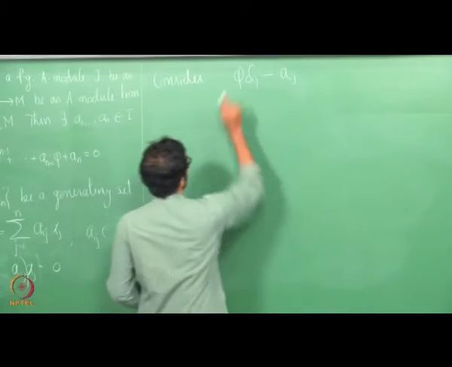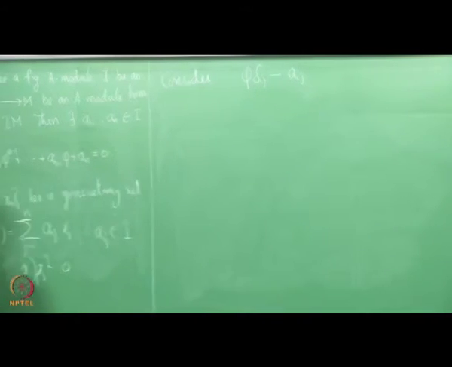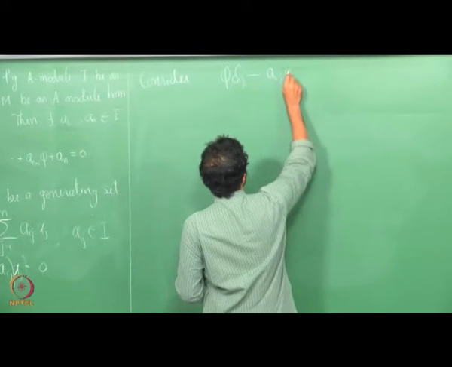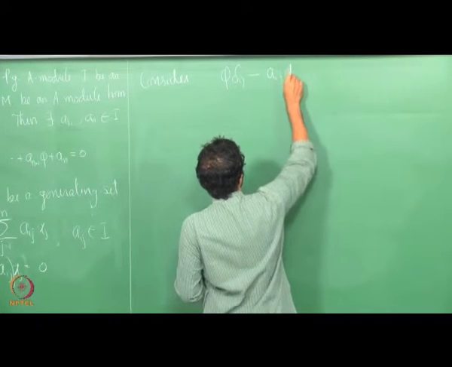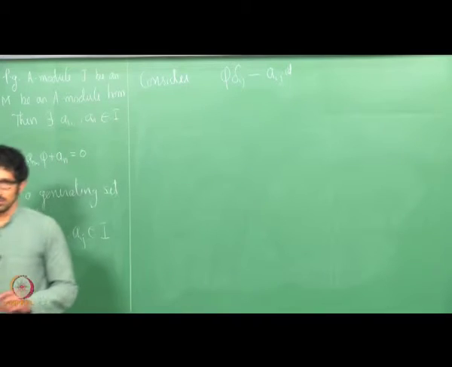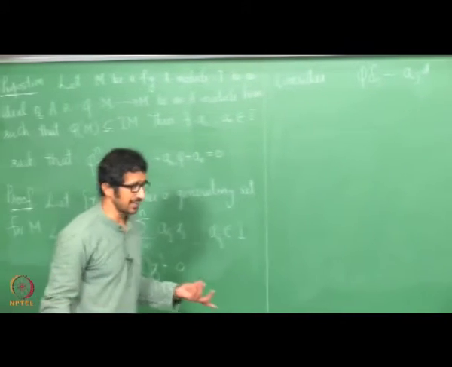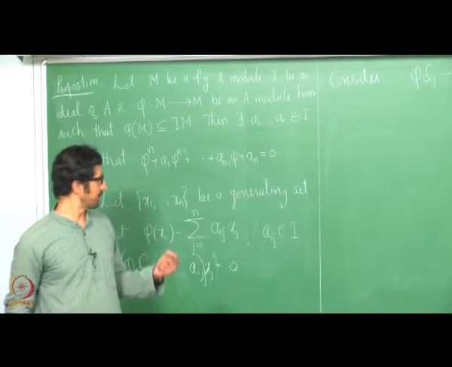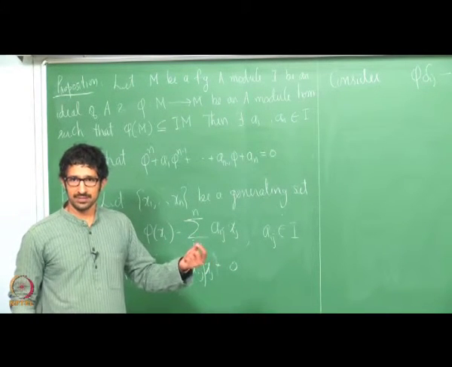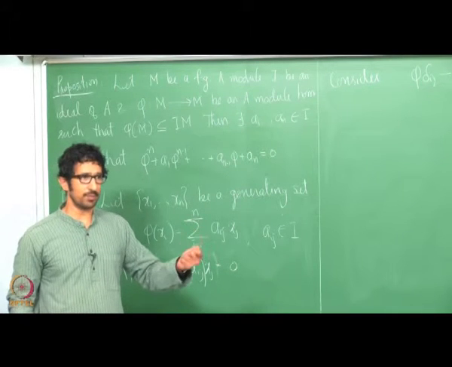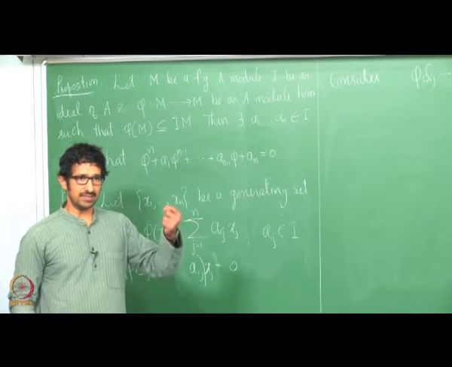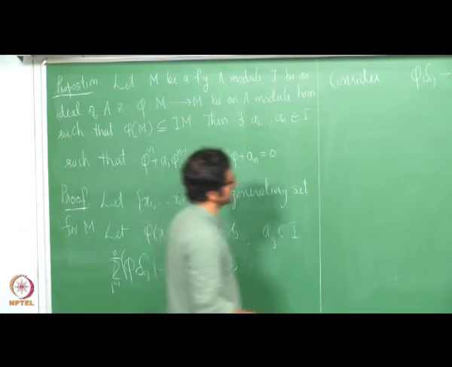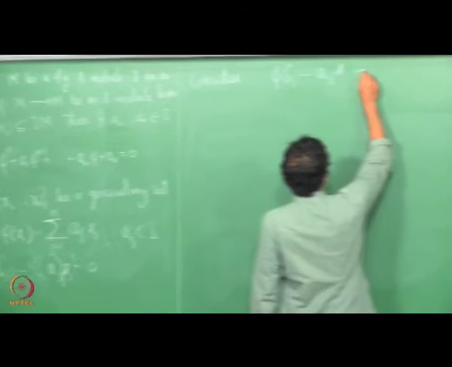So look at this. You can think of this as aij times identity, or else you can think of aij as the constant multiplication map from M to M. Aij can be thought of as the homomorphism sending x to aij times x. So you can think of this as an element in